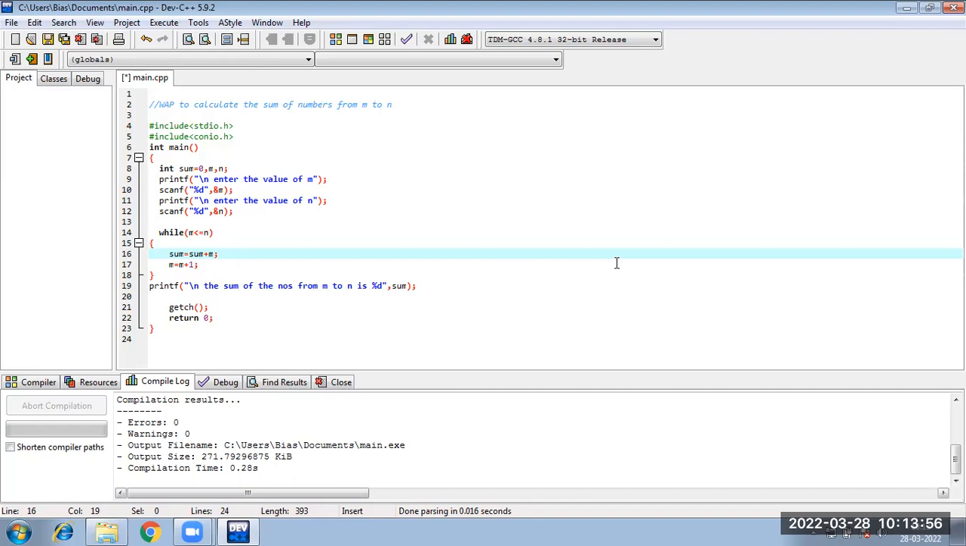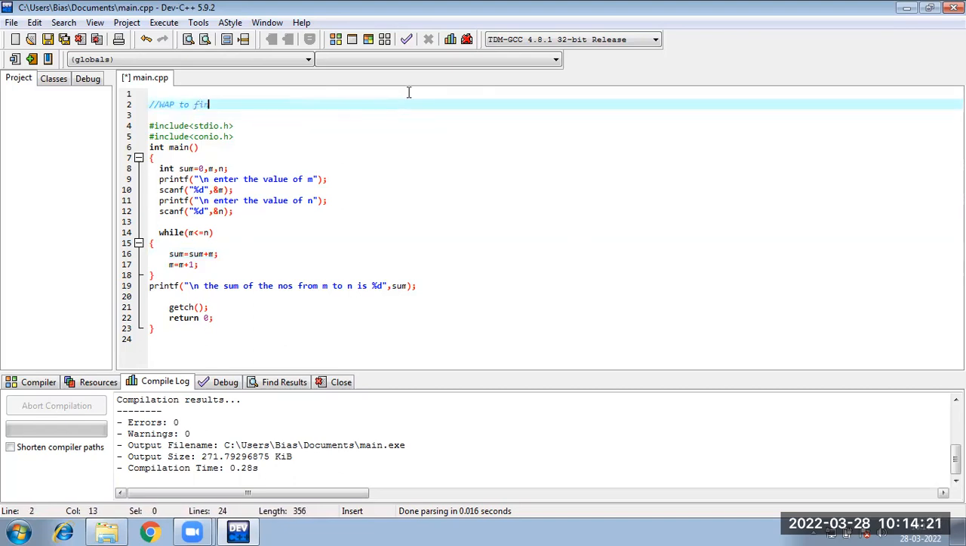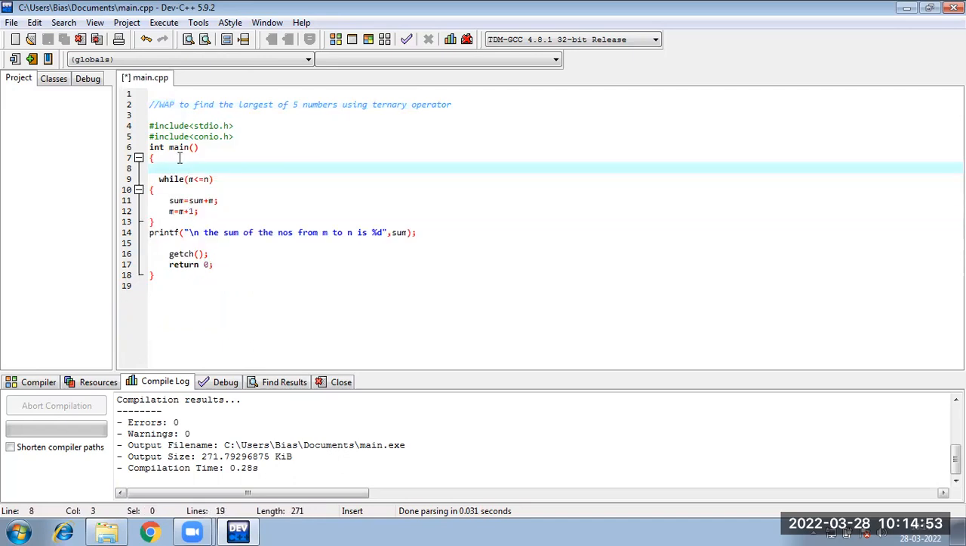Suppose, using the while loop, I say write a program to find the largest of 5 numbers using ternary operator. Okay, we have learned ternary operators. Now for this largest of 5 numbers, will we take 5 different variables and put those 5 variables in the ternary operator? We will do that. What we will do is, we will take